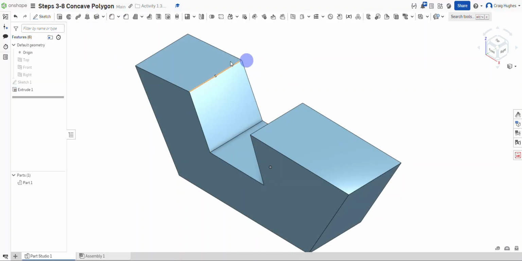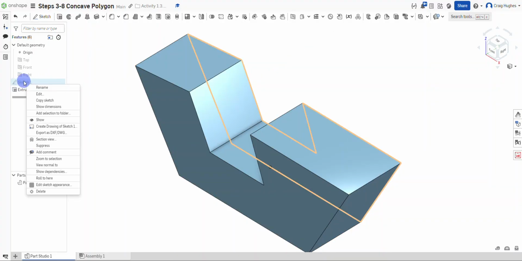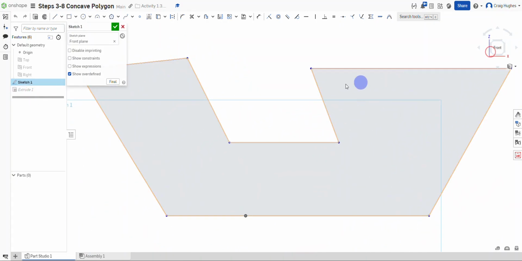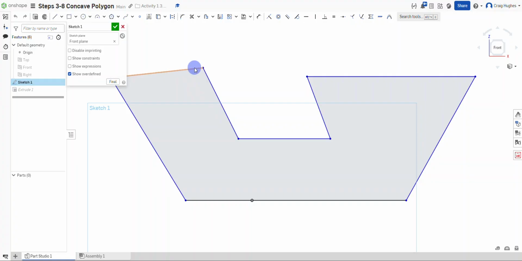One reason for the extrusion is that if I need to go back to the sketch, I can always go over here to the browser, right click, and select edit. You can always click on the front of the view cube. If I were to delete a constraint here by selecting delete the sketch entity,